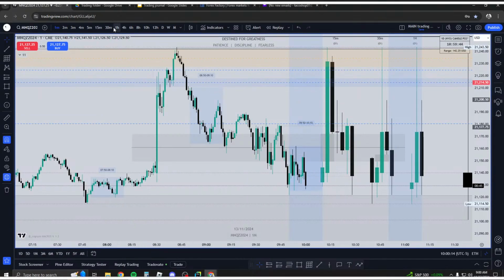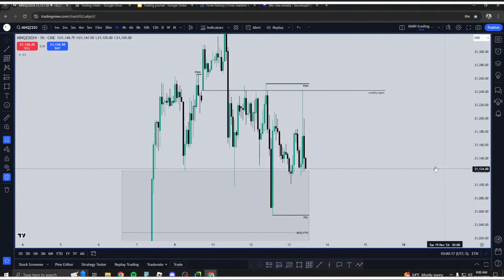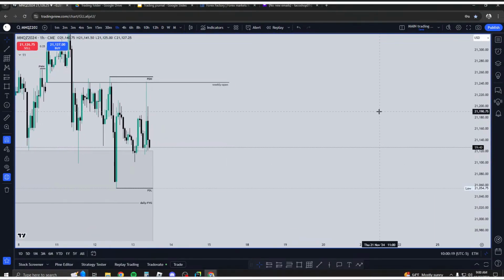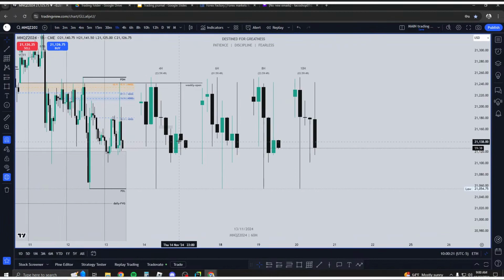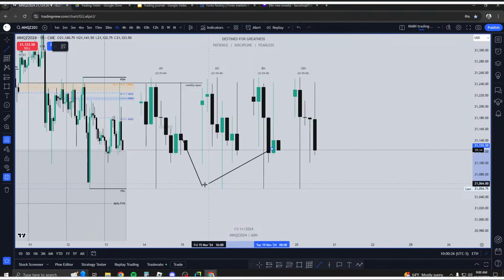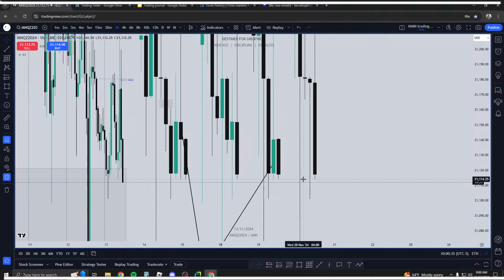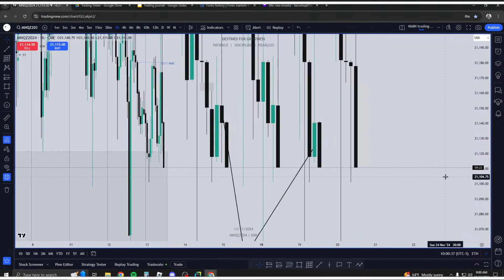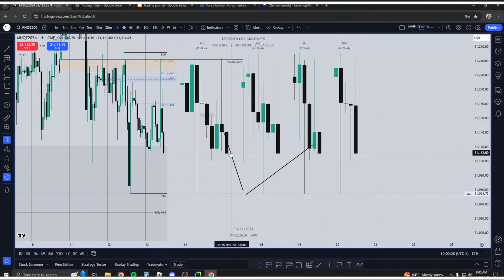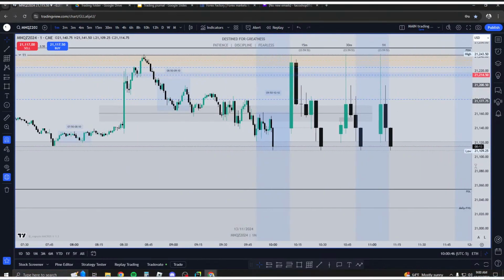But like I said, based on how we closed here on the 4 hour and 8 hour, I could anticipate for their lows to be taken. So that would be my morning objective. And it appears that we just took out that low, I think. Okay, yeah, we just took out the 4 hour and 8 hour low. But now you're probably wondering, why didn't you take the trade then, dude?